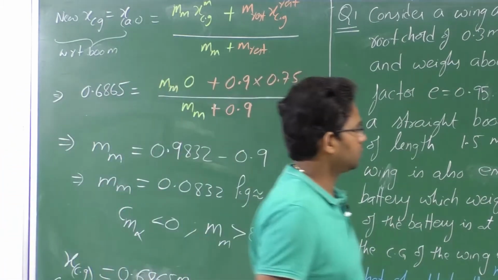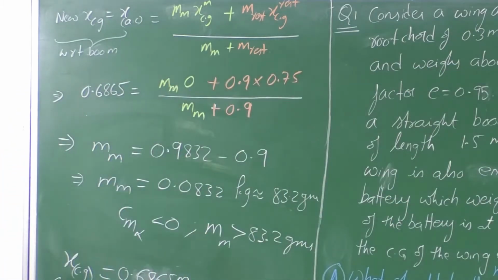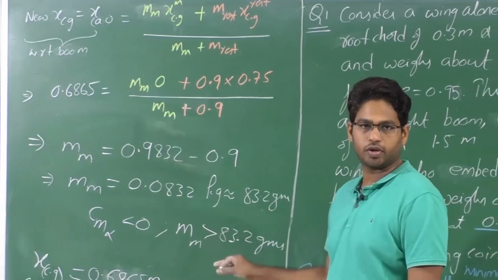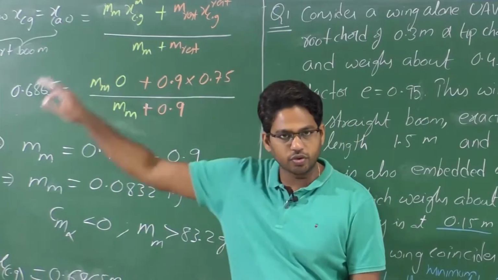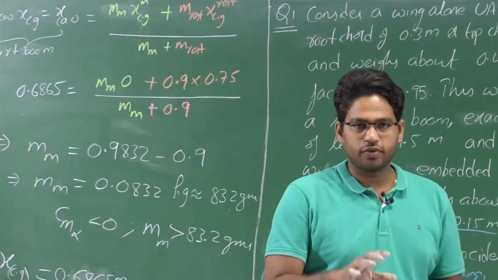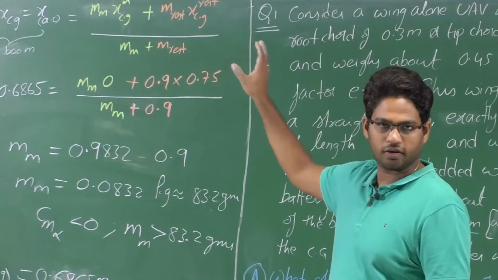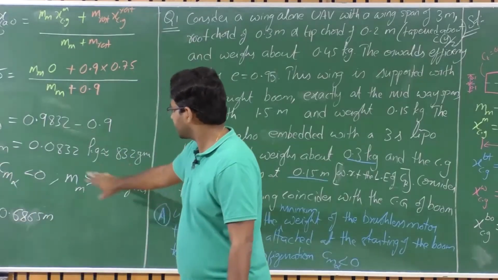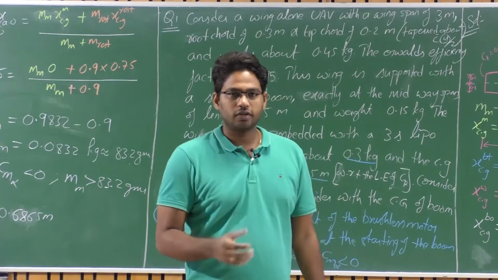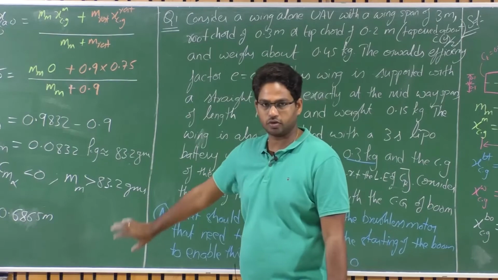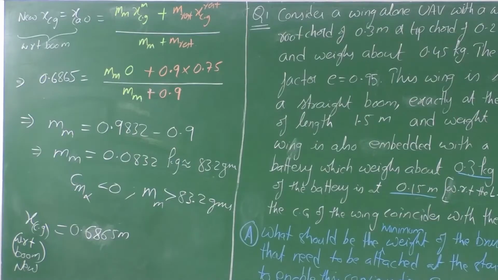Okay, is it clear? If you take any weight more than this 83.2 grams and find the new CG location, then substitute that CG location and the corresponding aerodynamic center location in the equation, you will find Cm alpha is negative, right? That is how you are shifting the CG ahead of the aerodynamic center. So this is the motor that we require. Okay, we can solve the second problem now.